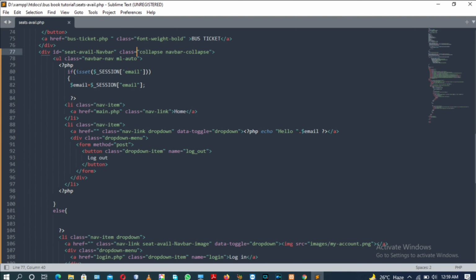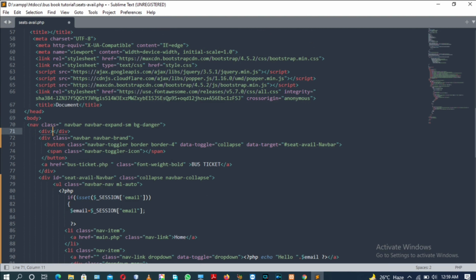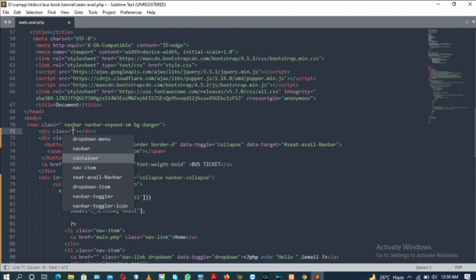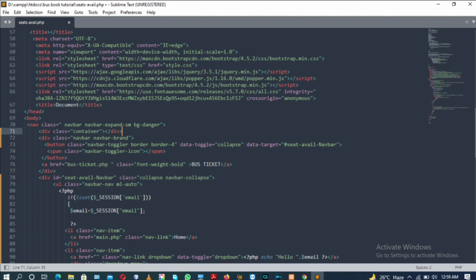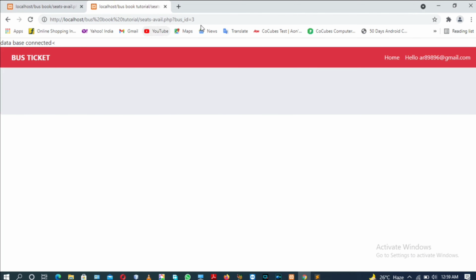So for this, provide another div tag with the class called container. Enclose this div tag before the anchor tag. That's it. Now refresh the page. Yes, as you can see, now it is coming properly and the alignment is also correct as per our requirement.